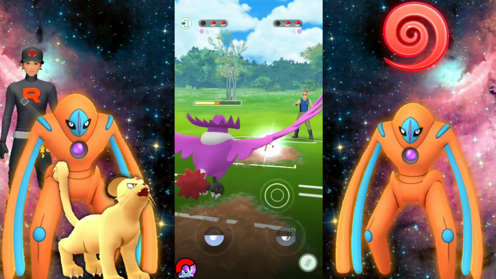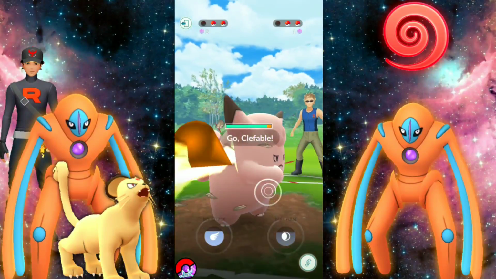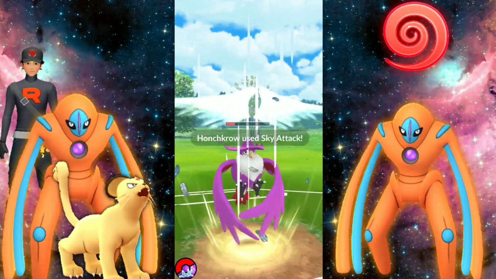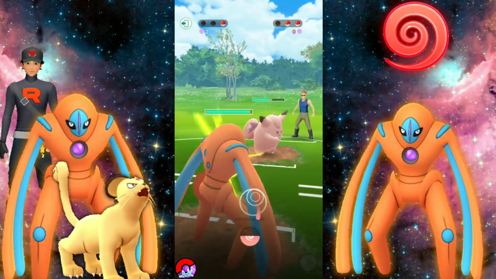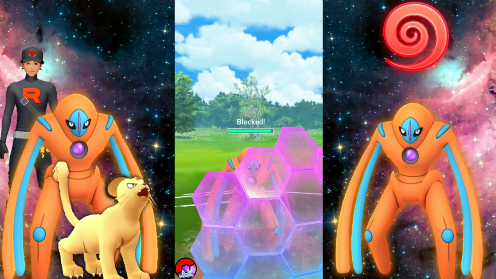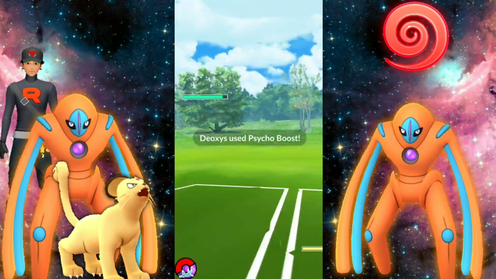In comes my Honchkrow, and it's so unfortunate that this thing is so squishy because I love the Pokemon, has a fantastic moveset, but the thing can't take a hit for anything. And fun fact, Honchkrow is actually going to be your second best flying type Pokemon, second of course to Rayquaza. So in comes my defense form. We're going to go ahead and block up that Dazzling Gleam and get that Psycho Boost off here onto that Clefable,